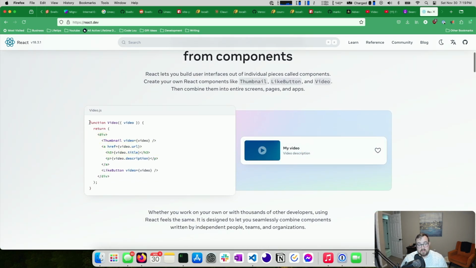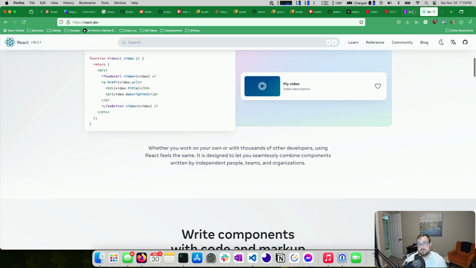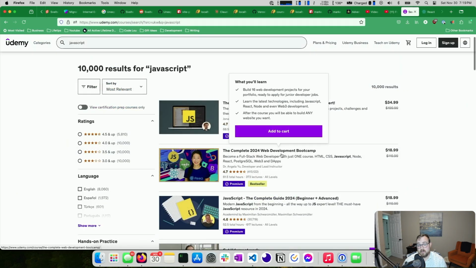So this is what it looks like. This might sound confusing or look confusing at first. The short and sweet is that if you know HTML, this looks like HTML, but you're able to build components and use those components. So there's a thumbnail component. You can think of this as like a chunk of HTML that just gets embedded right here. Same with the like button. And then there's just normal HTML. If you don't know what that means, start with a course that makes sure that you cover HTML, CSS, and